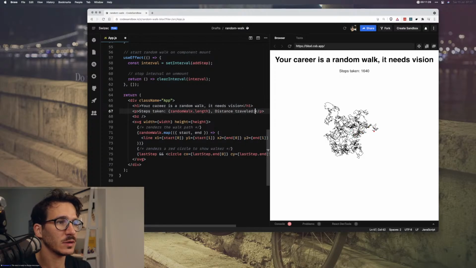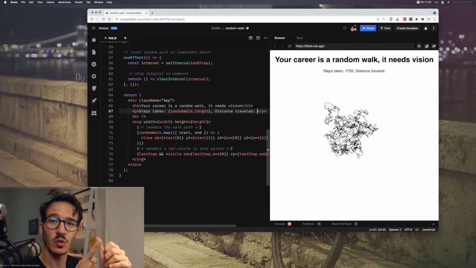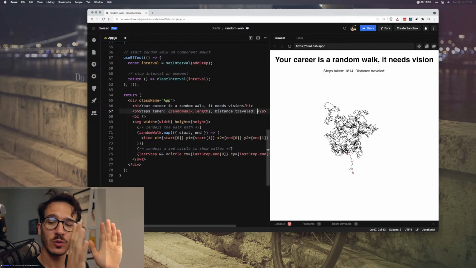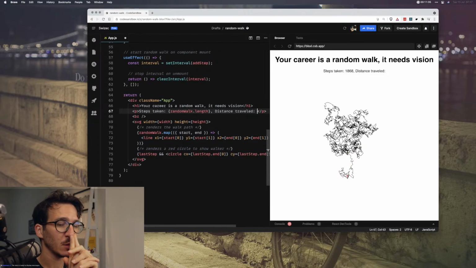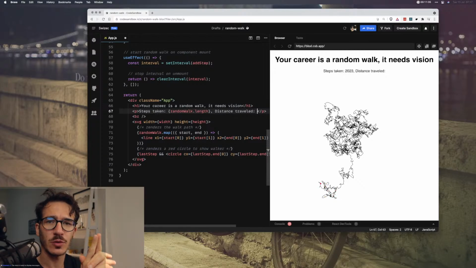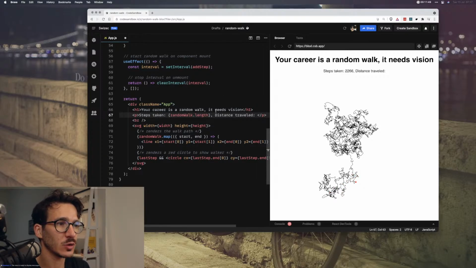So steps taken, random walk, distance traveled. To calculate the distance you have traveled, we need to calculate the Euclidean distance. Is it Euclidean? We're going to do some trigonometry and calculate the distance between where you were and where you are now. So between where you started and where you currently are.